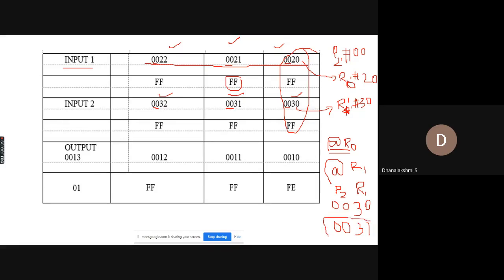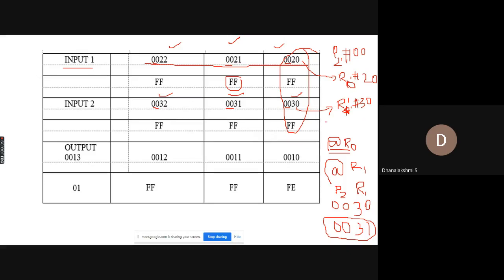You will end up with the memory location 0031, and in that case you can fetch this FF. Similarly, by incrementing your R0 or R1, you can fetch the consecutive inputs and do your addition or subtraction operation.